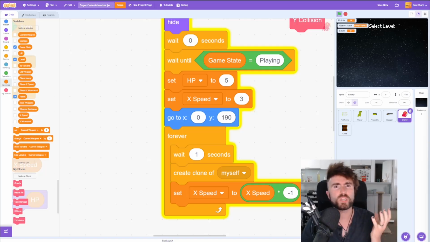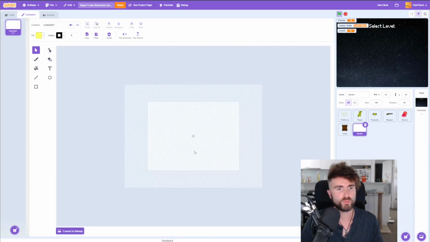Now, the next step is we need to make our actual select level buttons. So let's hover over here and select paint a new sprite. So we should have a blank sprite here. We're going to call this sprite